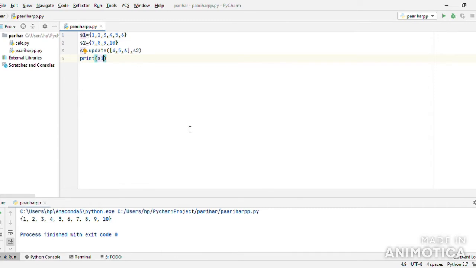Now next we will learn how to remove some values from the set. We can either use the remove or discard methods. So let's look at the difference between the two methods. So suppose if I want to remove 6 from this set S1, so I will write S1 dot remove 6. Now run it.